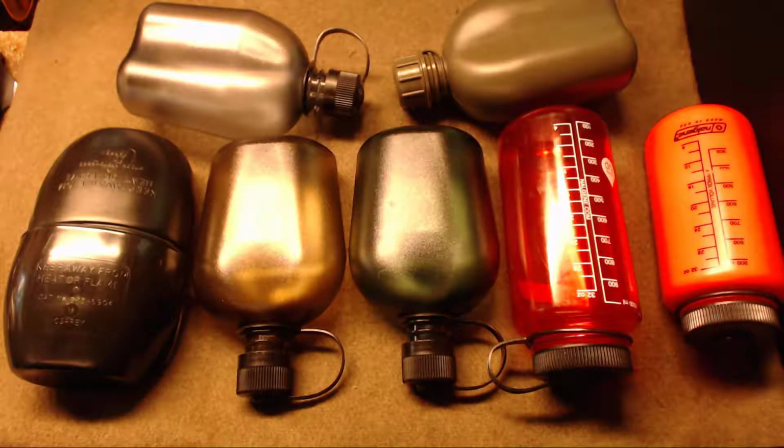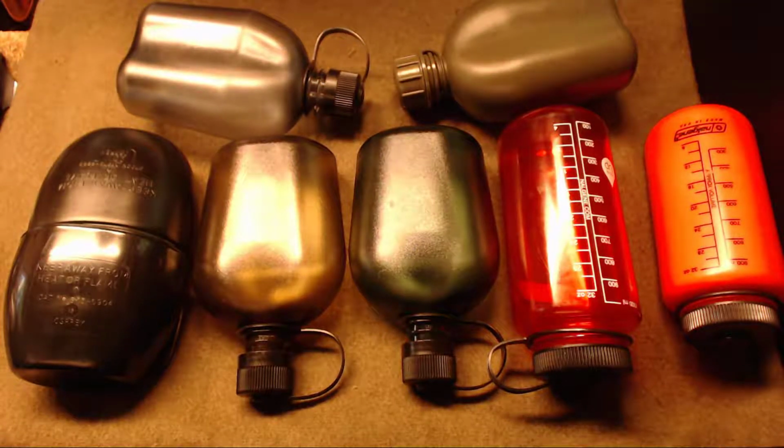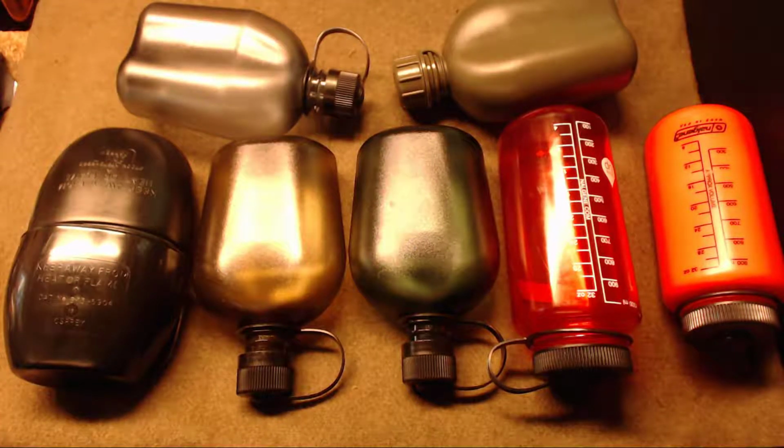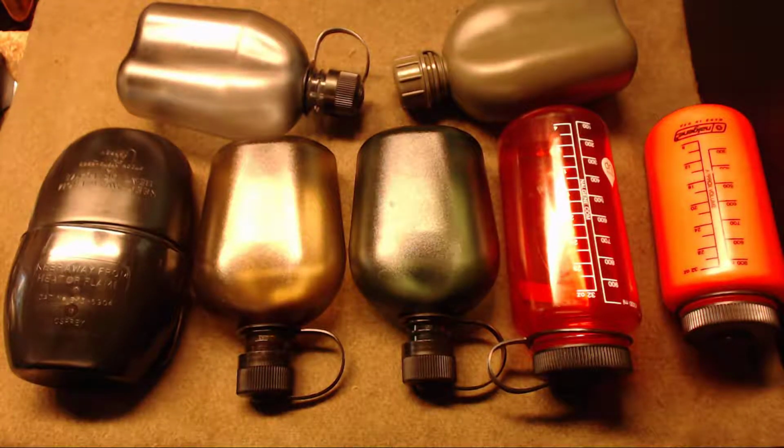The main pros and cons that I've come up with for plastic water bottles are as follows. Pros. 1. Plastic water bottles are as cheap as it gets. Usually 10 to 20 US dollars, if not less. 2. Plastic water bottles are lightweight, therefore they travel well. The only other material that I think travels as well, and I would recommend, is titanium, which is much more